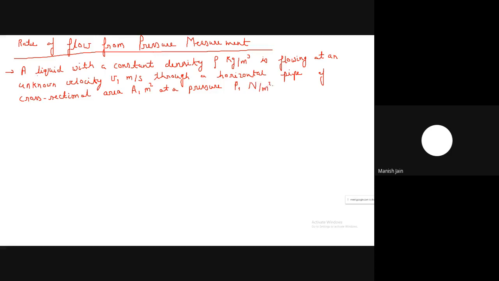Okay, this is the pressure at this point. Then passes through a section